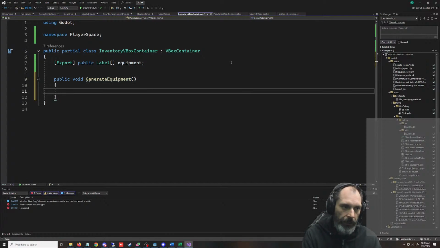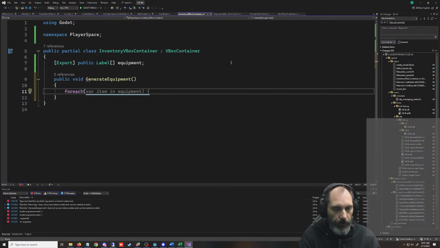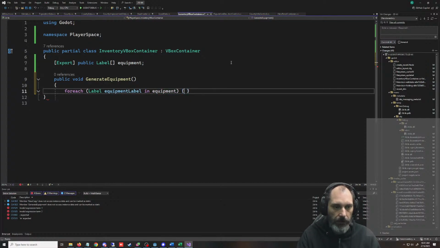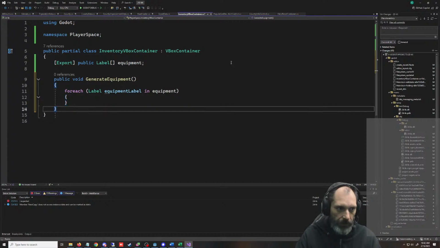And then we'll go like this. We'll go for each equipment label in equipment. We need one more of these.